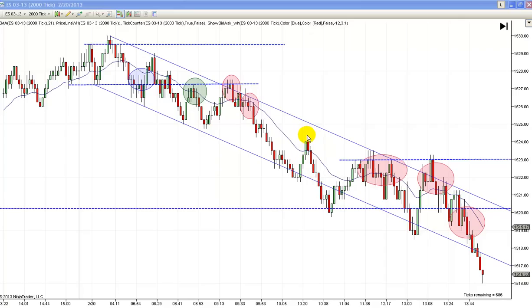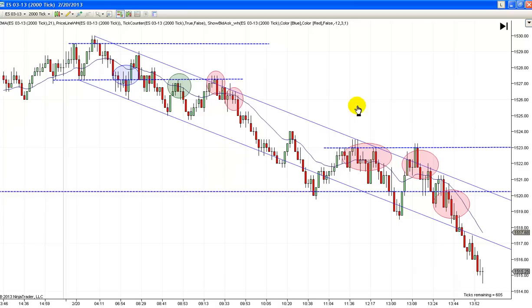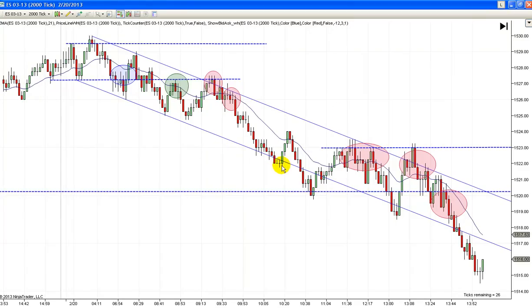But it's just risky going long because you don't know that it's not going to bounce a tick or two like this and then turn down again. And that's really what it did. It just bounced a couple of bars and then turned down. But I don't like that setup for a short because it's too close to these lows. And you really got to expect that you're going to come back up here off the trend channel line or the trend line,